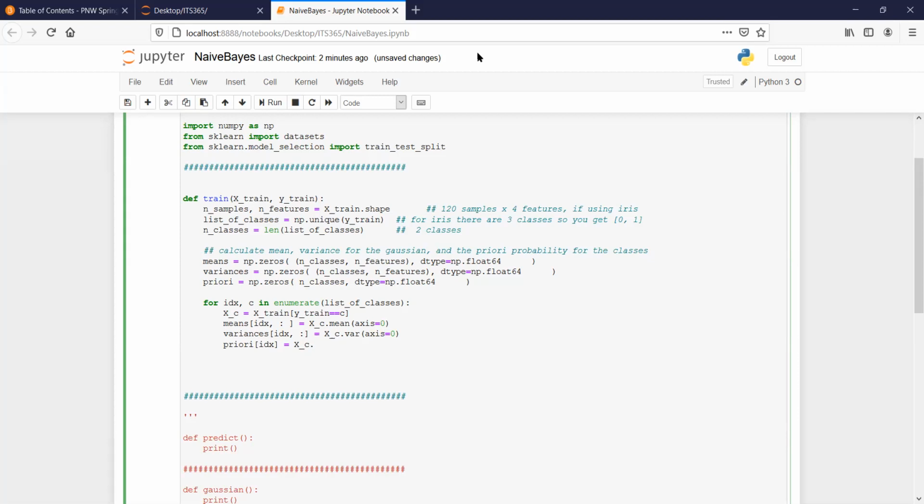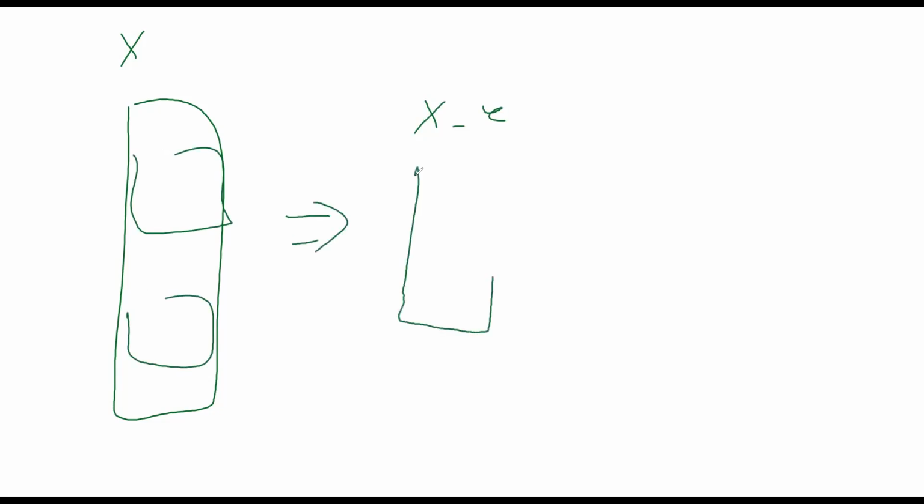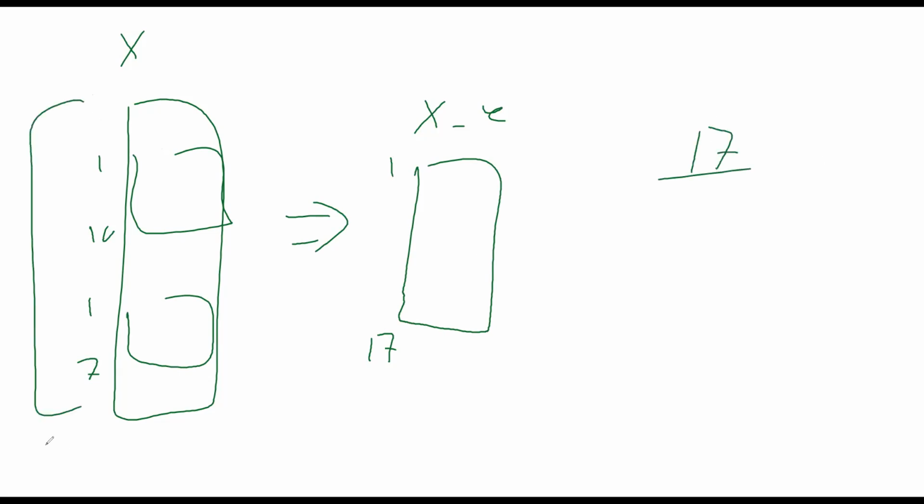So if I go to the whiteboard again, and let me move to a new one. So we have X, and then we have XC. And XC, we do that trick, and it becomes a smaller thing, right? So maybe there's like 1 to 10, and then there's 1 to 7. So this has 1 to 17, right? So if we want all the samples for that class, all we have to do is take 17 divided by the total here, which should be 120. So that gives me the frequency. When we do it for the second class, well, it would be the difference, right? So it'll be whatever is 120 minus 17, divided by 120. And that will give us our probabilities